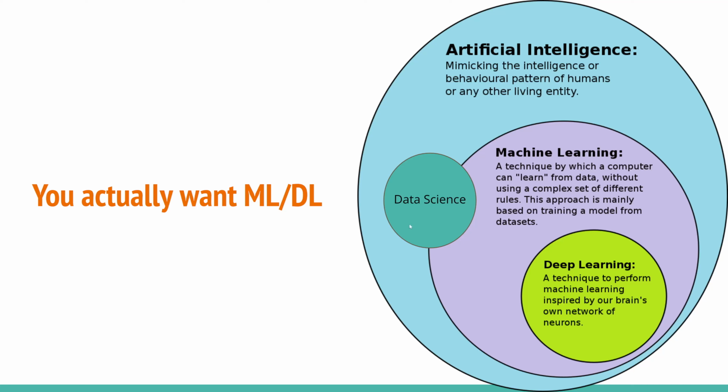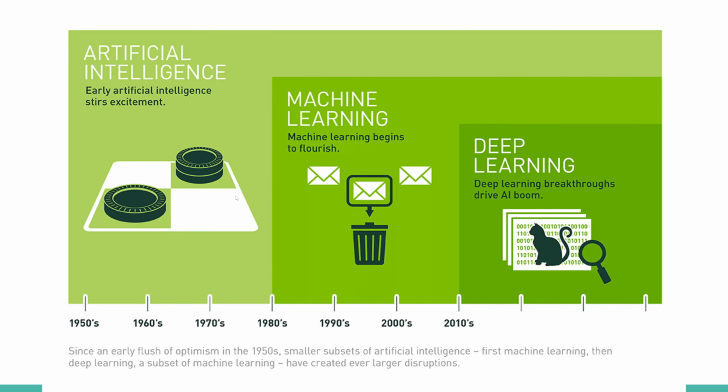So this is actually what Amazon themselves uses as a graph. I added this data science portion in just to show where the role kind of lies, but this is what Amazon uses, and it's also similar to what NVIDIA uses. And I'm pretty sure you don't want the AI systems made in the 50s. I'm going to assume that because they're not as valid anymore. Machine learning didn't really come around until the 80s, with more powerful hardware coming around and realistically the big server racks.